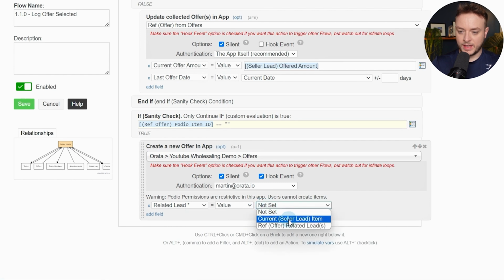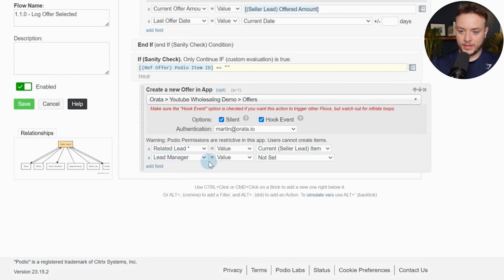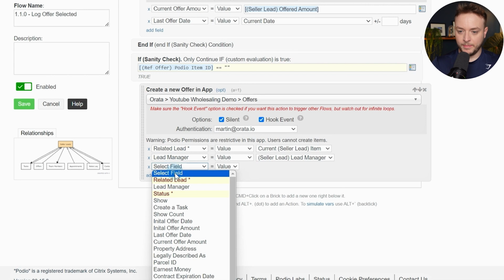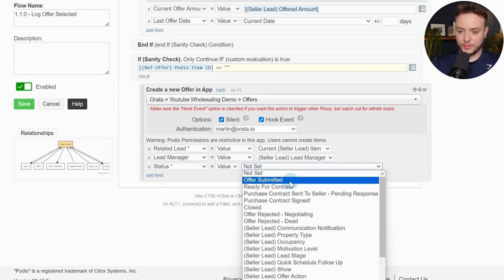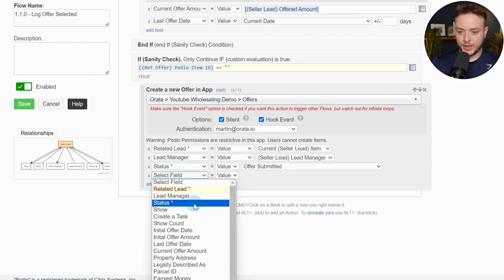We're going to put it as our current seller lead item. Then the lead manager is just going to be the seller leads lead manager. Status will be offer submitted. Then we're going to